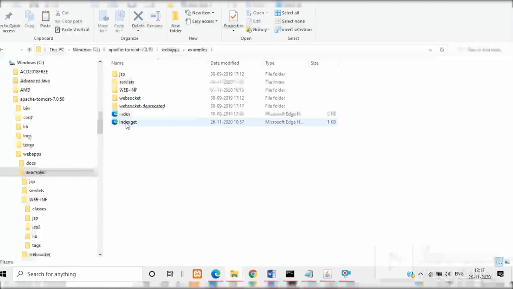If you have the HTML and Java files, you can just click on this HTML file, indexget.html. You can see this file is open, indexget.html.